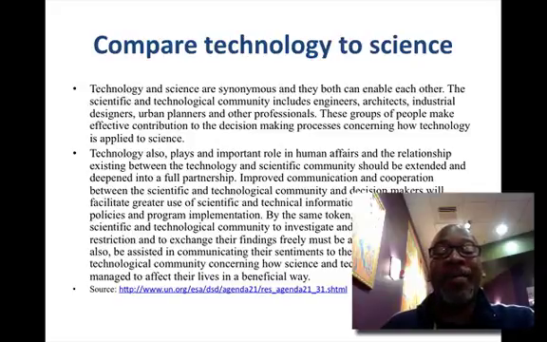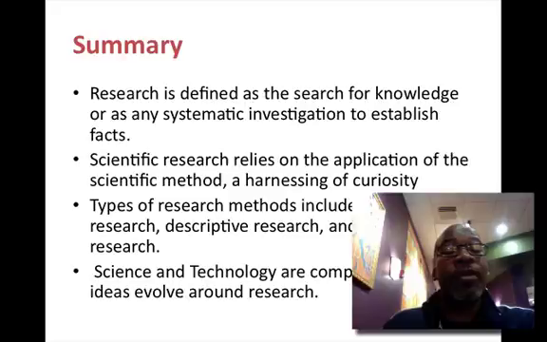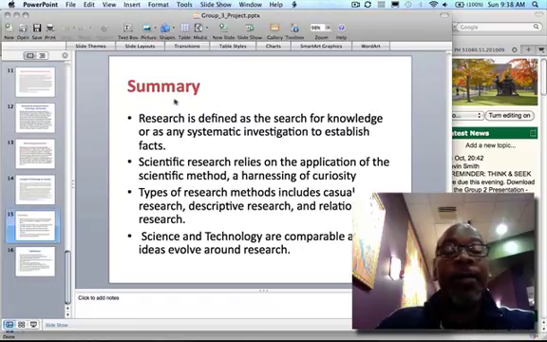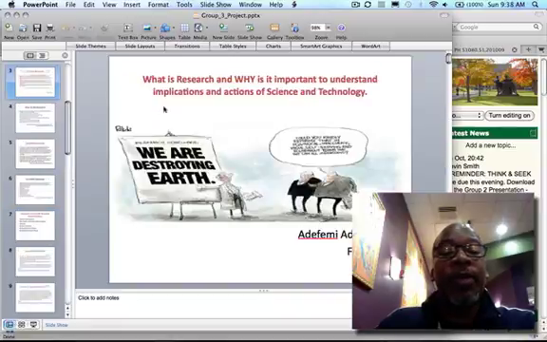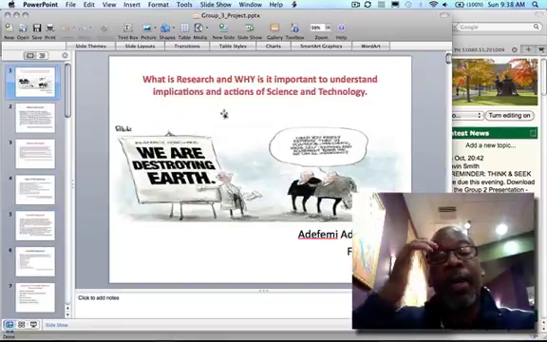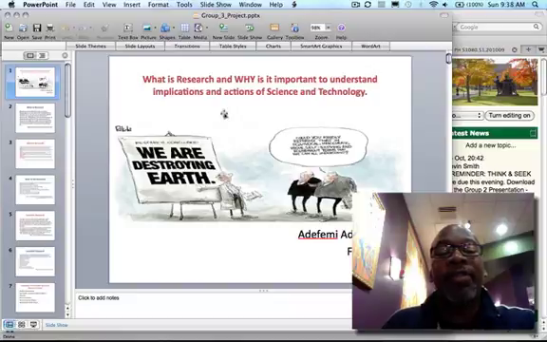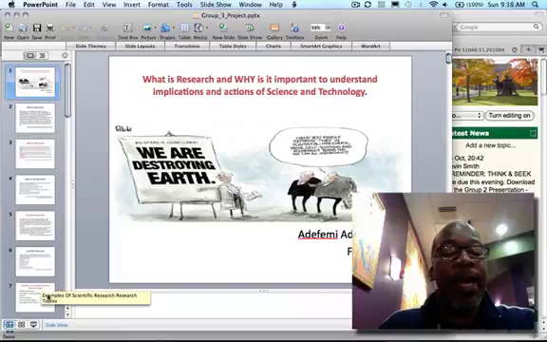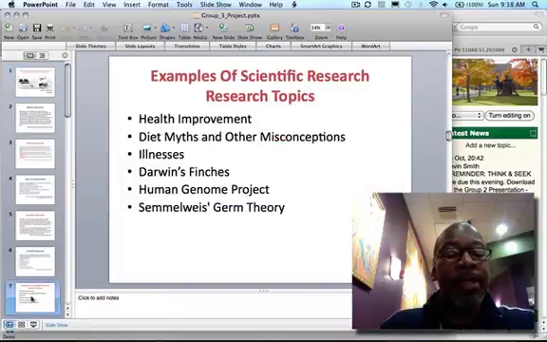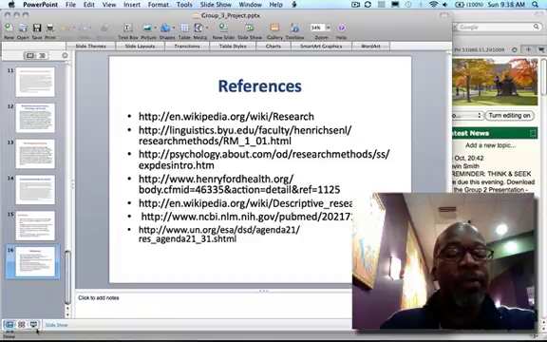I think that this is an important slide, but again, the only thing that's missing, I can tell it's a straight definition as opposed to you putting it in your own words. And then you jump immediately to summary. So I'm not quite sure if you're addressing the original question, which is understand the implications and actions of science and technology. I'm not quite sure you're connecting that by just simply giving a definition of science and technology. But since the other group did it too, I think that may be something that I did incorrectly. So I won't put that on you totally.